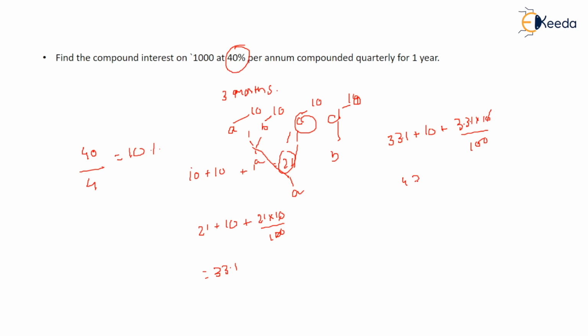So this 43.1 plus 3.31. So this comes out to be 46 point something, 46.2, let's assume. So you have to find out 46.2% of 1000. So you have to simply multiply it by 1000. This 20 gets cut. This comes out to be 462 rupees. Very simple. Just by solving this, you find out the answer.